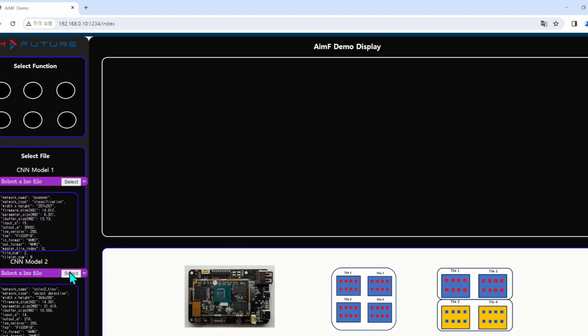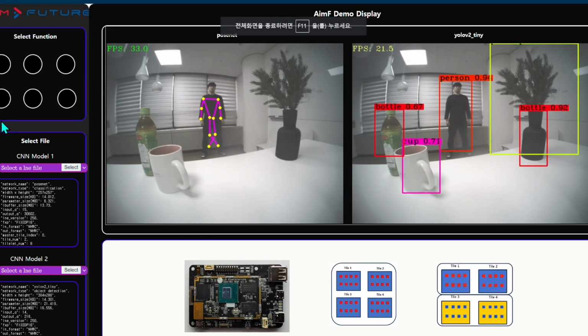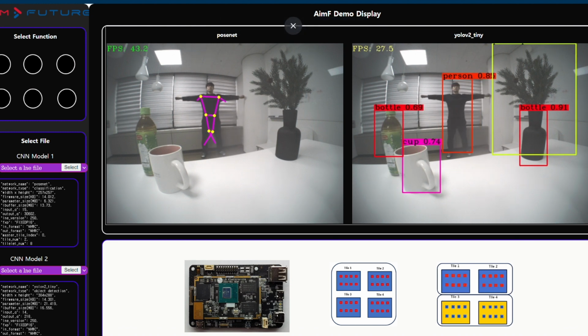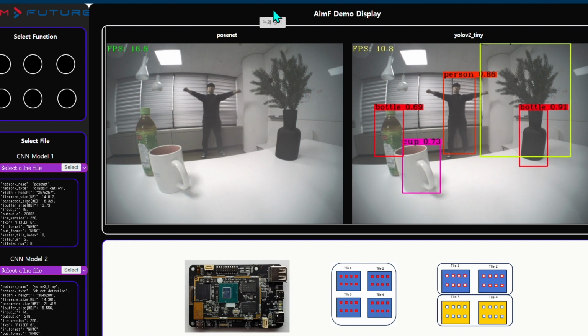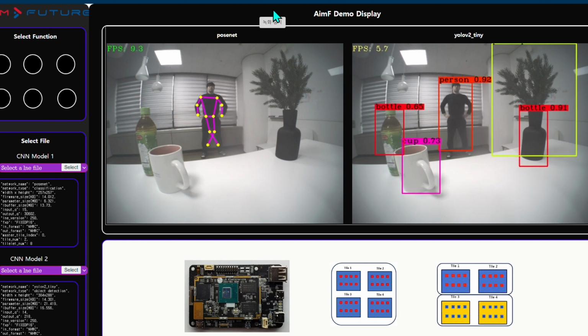The first neural network, the pose estimation model Posenet, processes the subject's position on tile 1 and 2, as shown in the diagram, drawing lines representing the body pose. In the second instance, the object detection model, Tiny YOLO V2, is processed simultaneously on tile 3 and 4, drawing bounding boxes around the objects in the scene and applying the label and confidence score at the top of each